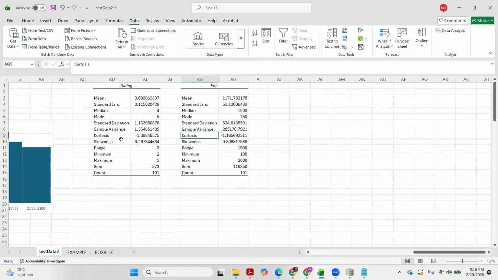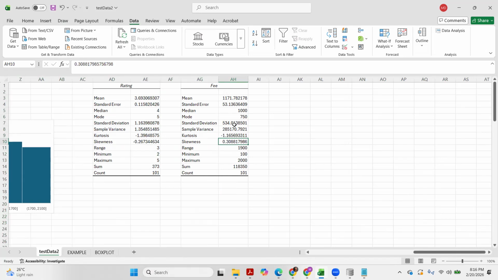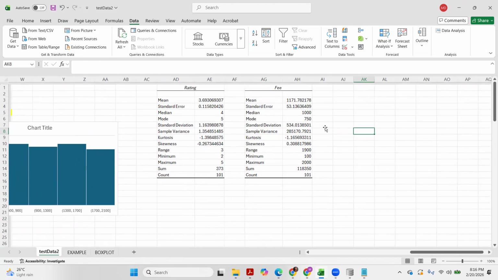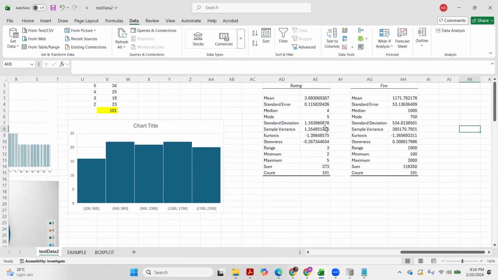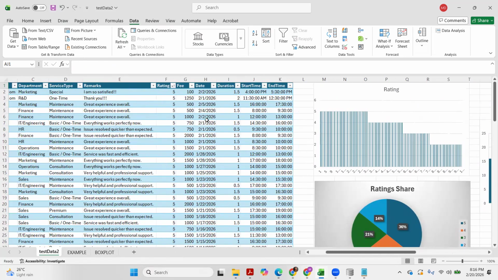Okay, now we have the descriptive stat for this. We have the mean, we have the standard deviation, and so on. If you want to go to advanced statistics, you can see the kurtosis and skewness, especially when you want to analyze the distribution of your data set. But that is quite advanced already for our session. So again, you can do the same for the other numerical values, especially the duration.